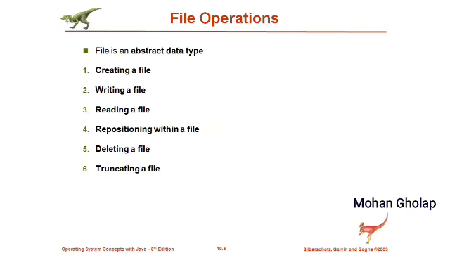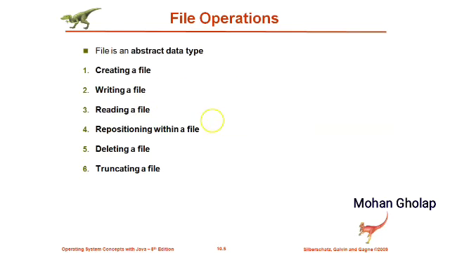So second one is writing a file. In order to perform all these different operations, the system is going to provide certain system calls. So you can use those system calls to perform these operations on files. Similarly, whenever you want to perform a write operation on the file, you have to call the corresponding system call by passing the name of the file on which you want to perform the operation, and also you have to provide the content to be written on that particular file. Similarly, for reading a file, you have to call the corresponding system call by specifying the name of the file which you want to read.